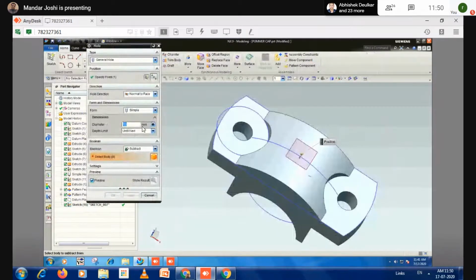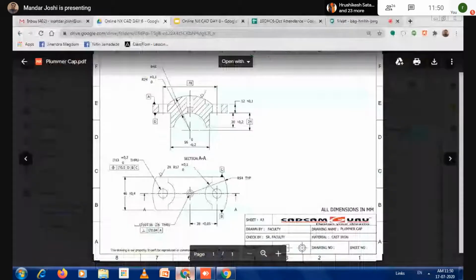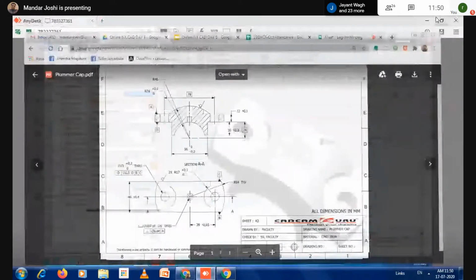And then you have to define the type of hole. But while doing that, don't select the normal to face option. Always use along direction. Along direction. What is the depth of hole? And which direction is that? Is this vertical?